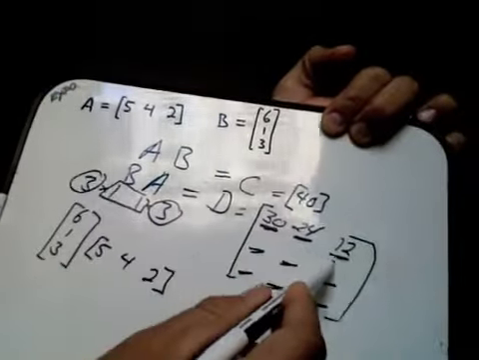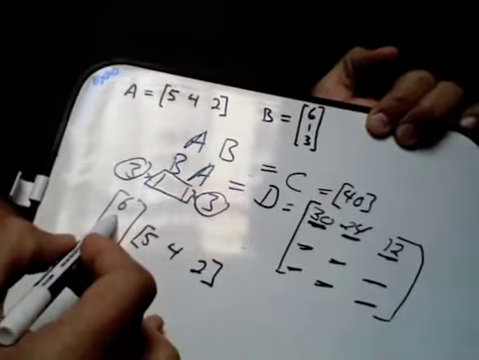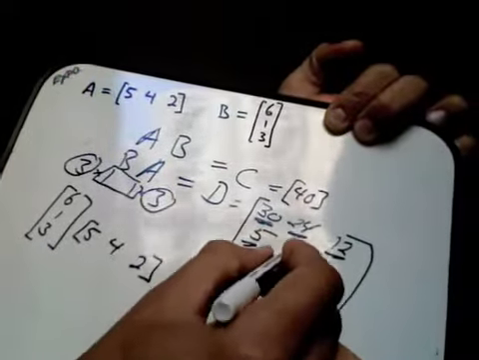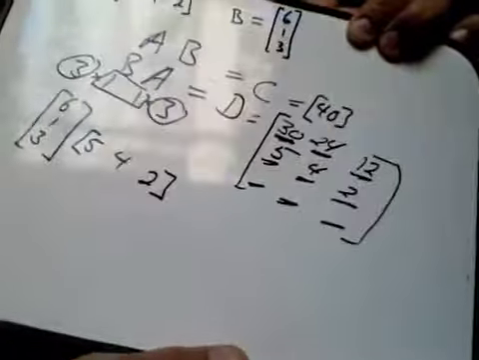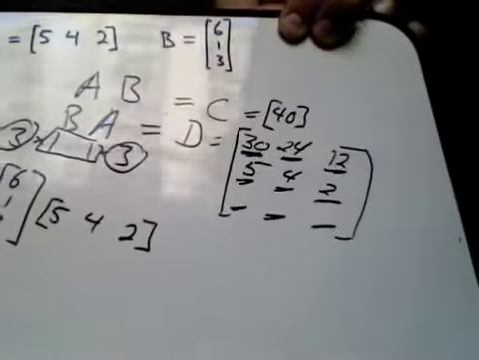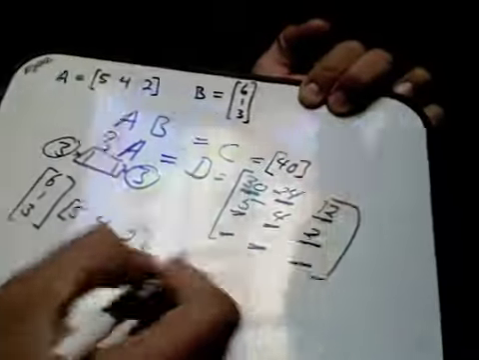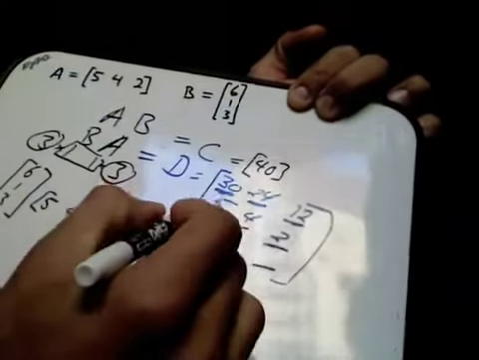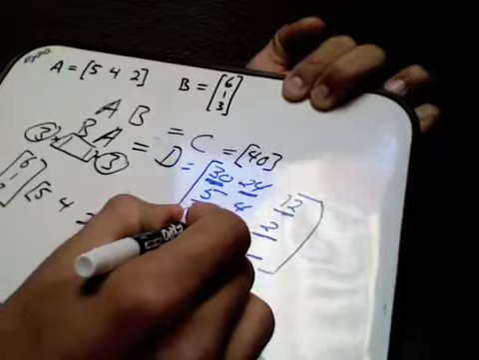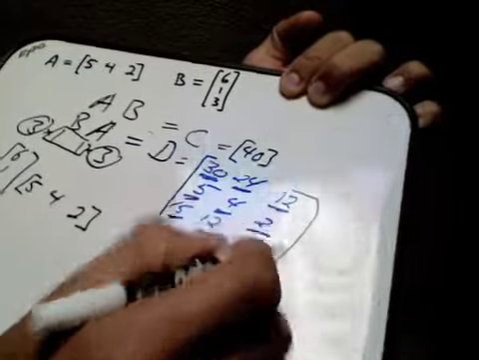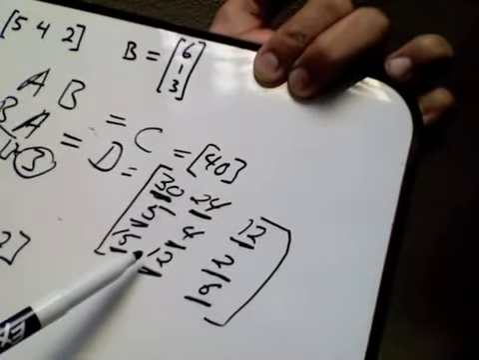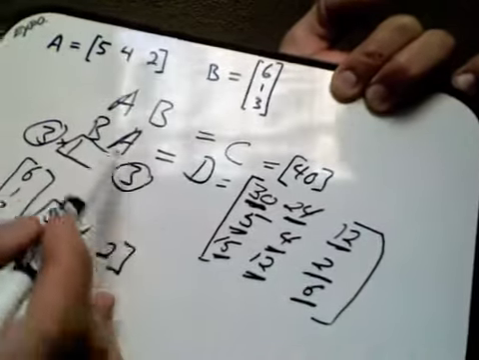To find the middle row, we're going to use the middle number here. 1 times 5, 4, and 2. Of course, 1 times a number doesn't change it, so it's just 5, 4, and 2. To find the bottom row, we're going to use the bottom number. 3 times 5, 4, and 2. 15, 12, and 6. So this is matrix D, our 3 by 3 matrix that's given by matrix B times